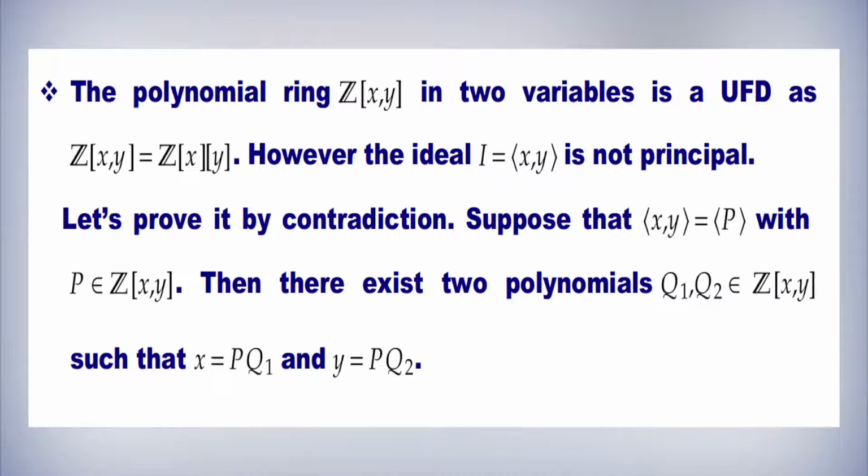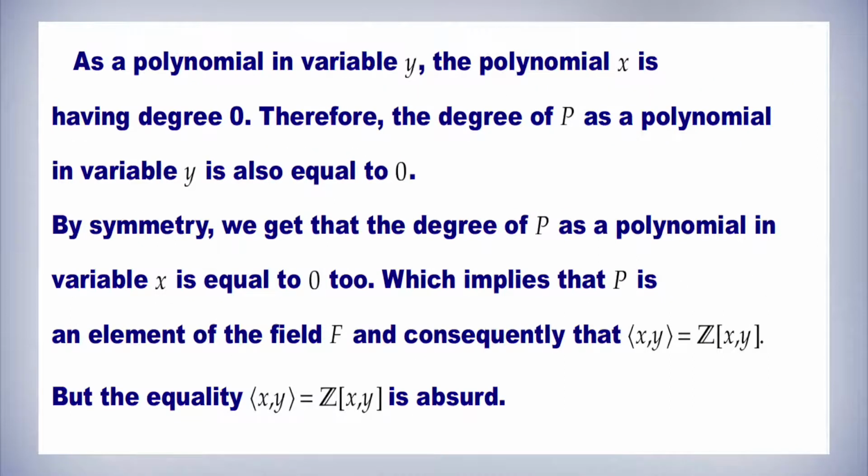Suppose that the ideal generated by x, y is equal to the ideal generated by p, with p belonging to Z[x,y]. Then there exist 2 polynomials q1 and q2 belonging to Z[x,y] such that x is equal to p times q1 and y is equal to p times q2. As a polynomial in variable y, the polynomial x has degree 0. Therefore, the degree of p as a polynomial in variable y is also equal to 0. By symmetry, we get that the degree of p as a polynomial in variable x is equal to 0 also,